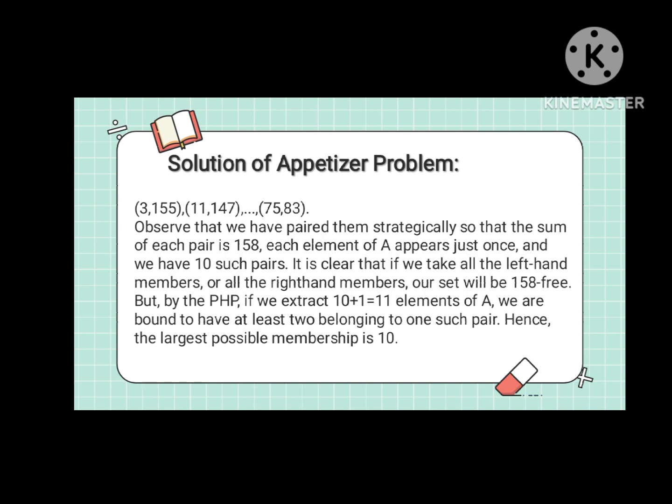158-free. But by the PHP, if we extract 10 plus 1, which is 11 elements of A, we are bound to have